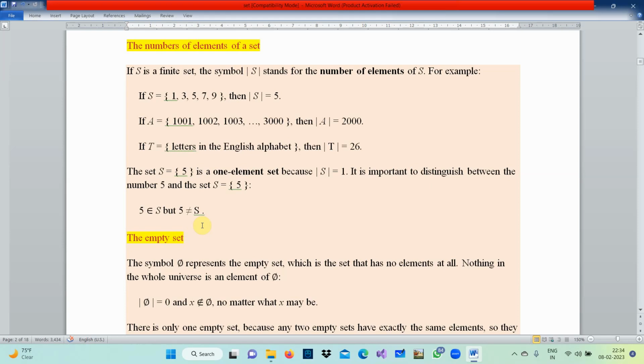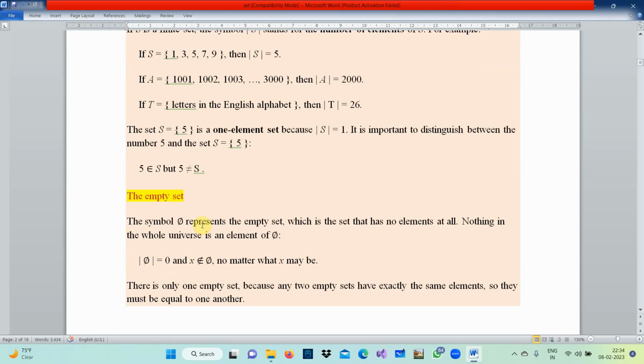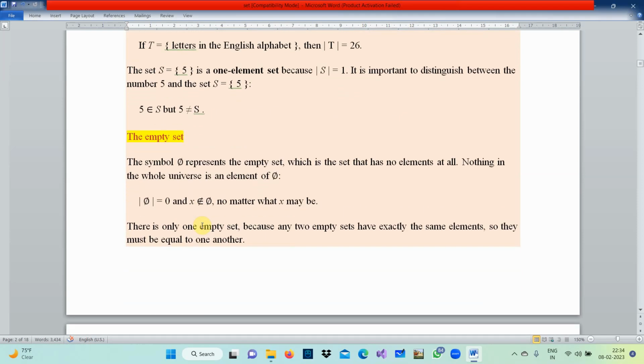Then what are the other things in S? An empty set is also a subset of a set. In addition to that element, S contains the empty set as a subset. You got it now? Now let us talk about this empty set. What is this empty set? The symbol phi represents the empty set, which is the set that has no elements at all. That means if I ask how many elements are in the empty set, that is 0, because there is no element.